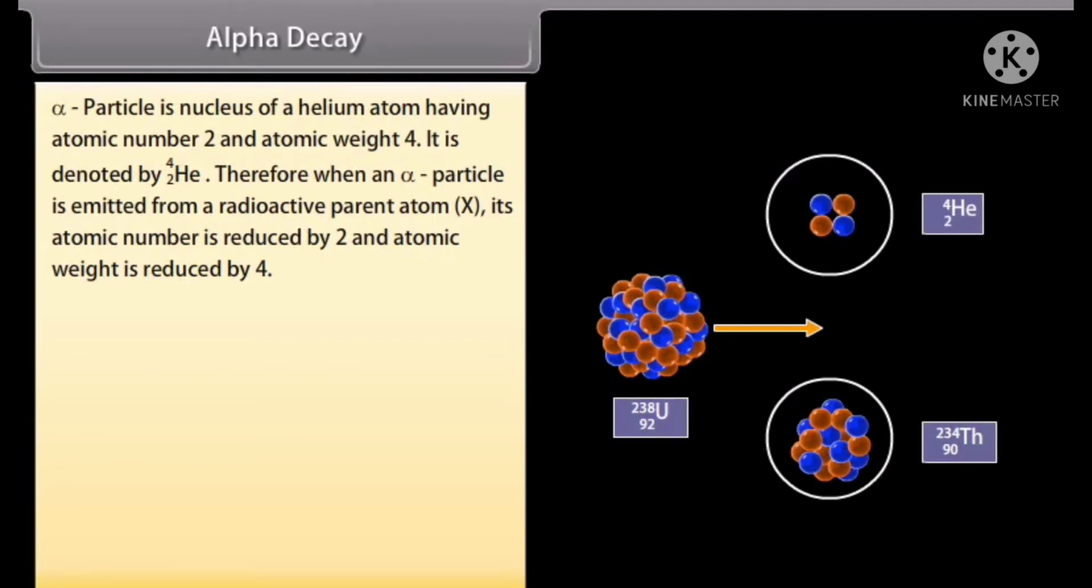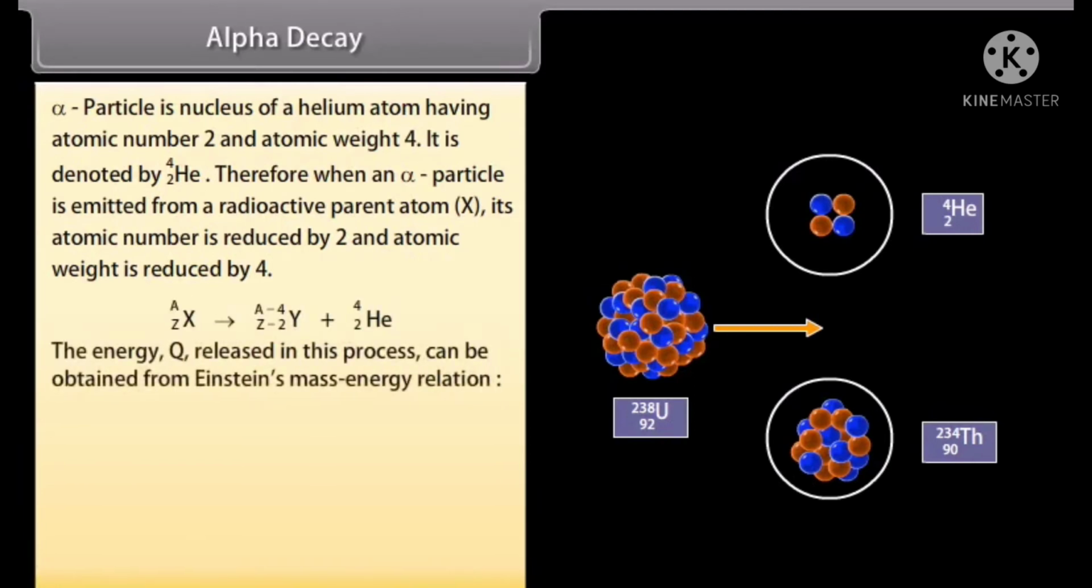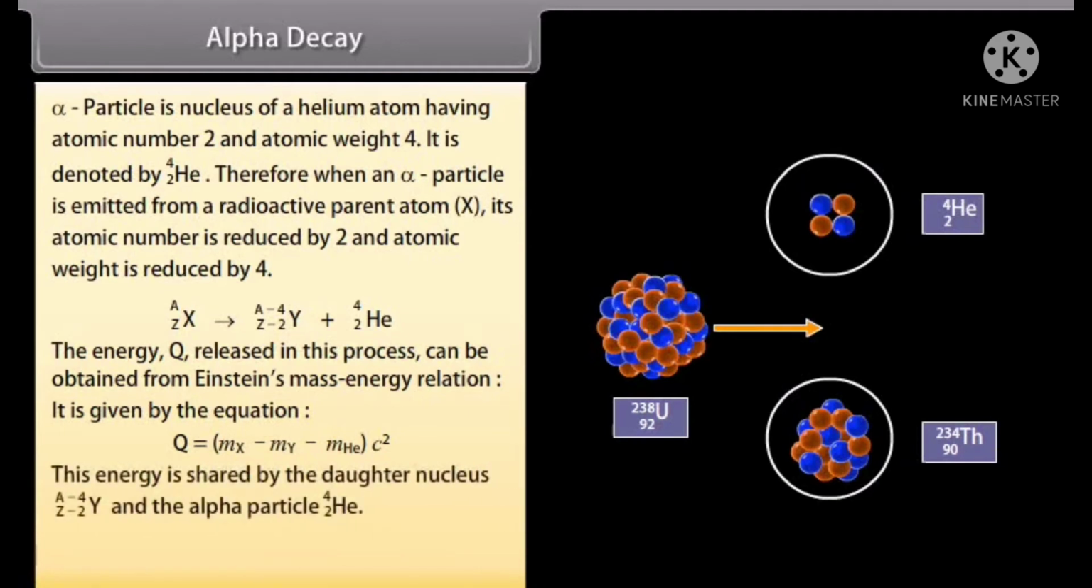It can be demonstrated as follows. The energy Q released in this process can be obtained from Einstein's mass-energy relation. It is given by the equation Q is equal to (mx minus my minus mHe) into c square. This energy is shared by the daughter nucleus and the alpha particle. For example,